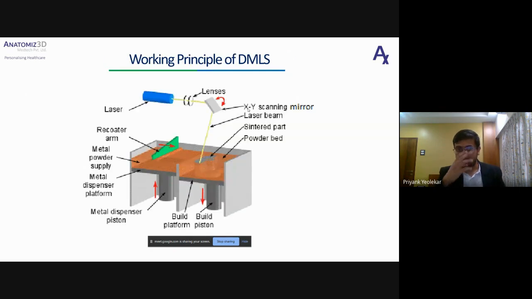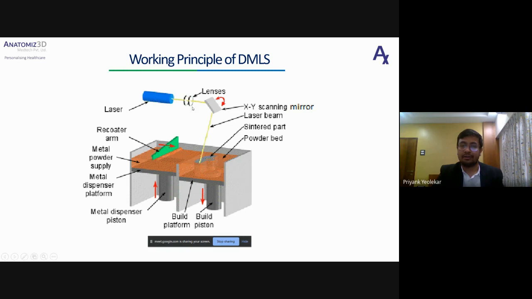So let's see the working principle of DMLS. Again, very similar to SLS, as I mentioned, there will be a powder deposition system. Then there will be a build platform and fabrication area. On the top, there will be a laser and an XY scanning mirror system.